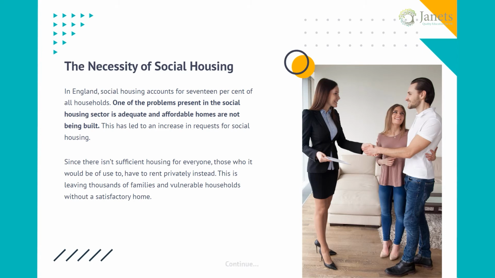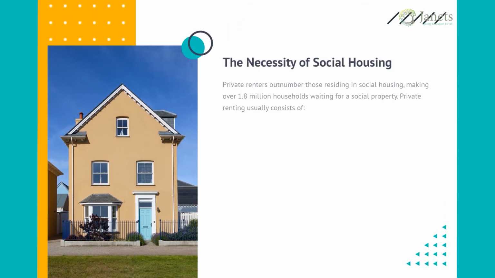Since there isn't sufficient housing for everyone, those who it would be of use to have to rent privately instead. This is leaving thousands of families and vulnerable households without a satisfactory home. Private renters outnumber those residing in social housing, making over 1.8 million households waiting for a social property. Private renting usually consists of short-term contracts, unforeseeable rent increases, a lack of stability,